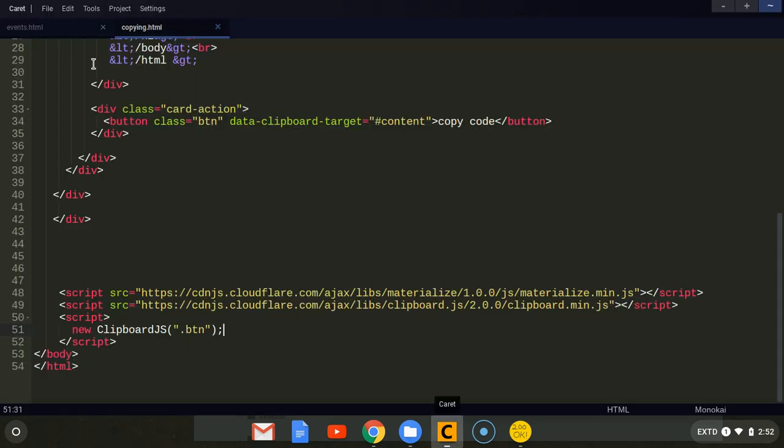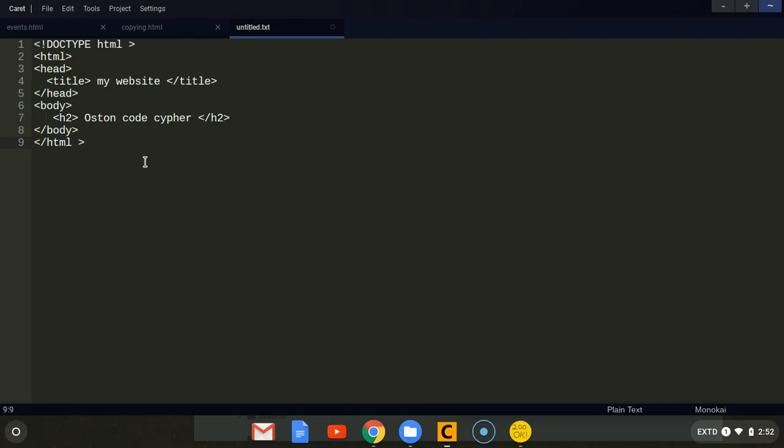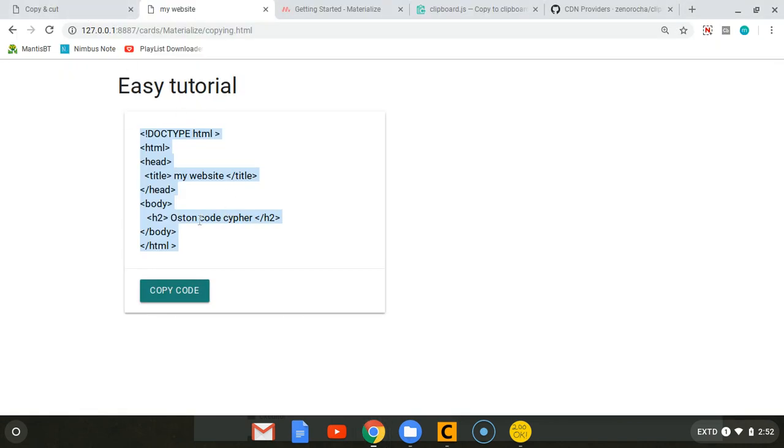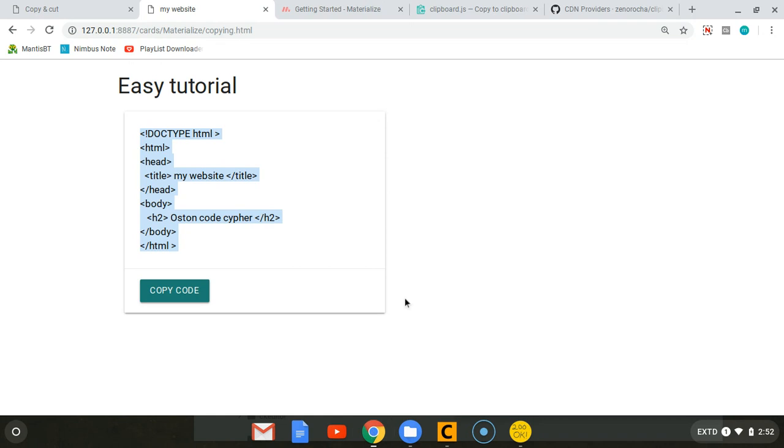So when we copy this, our code should be highlighted, meaning our copying function has worked. So if I go to a new file and right click, paste, as you can see now, we are getting the code. Yeah, it's the code, sorry. So as you can see, our copying functionality is now working. What I'm going to show you is displaying some feedback to the user that it has been copied